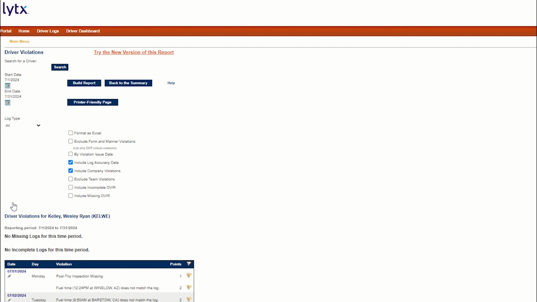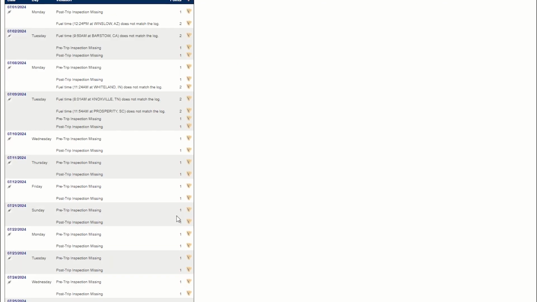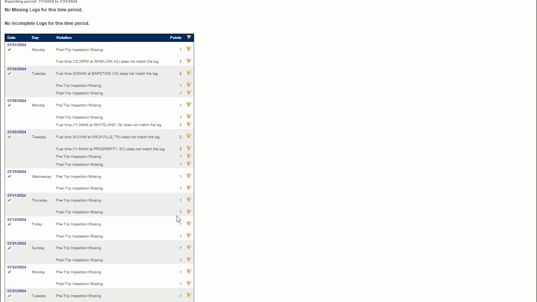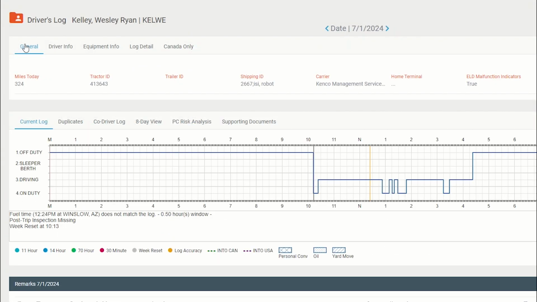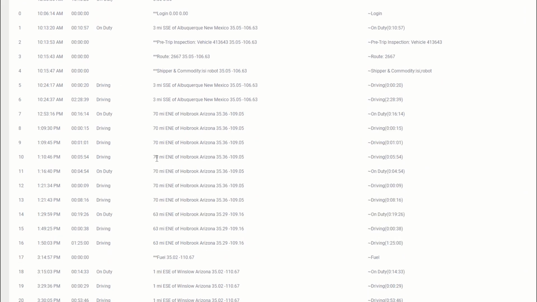If we scroll down, we can see each day's issue. A flag indicates that this is a repeat offense and the driver should be coached accordingly. Clicking on the log date will load that day's log to review. If we scroll down to the remarks, we can see that fuel was indeed notated. It was simply outside the time period that Lytx expected to see since this is a California driver, so there